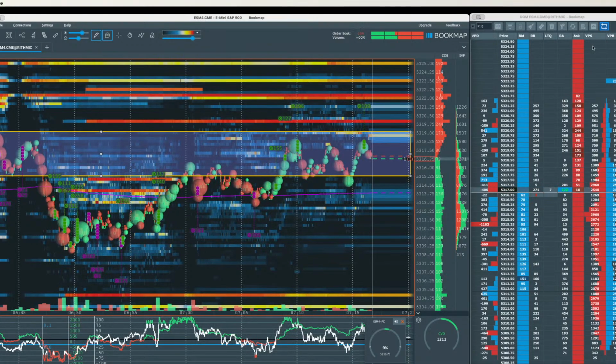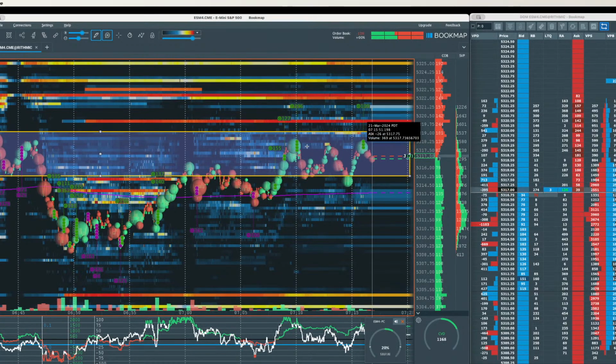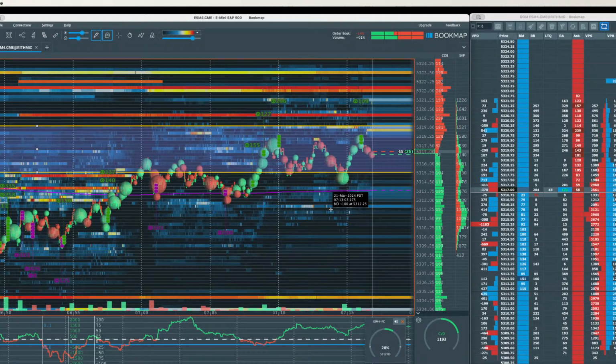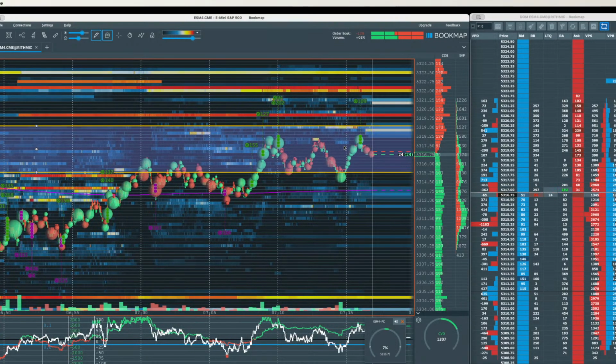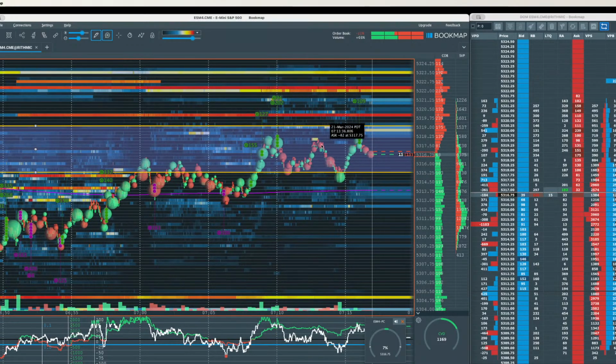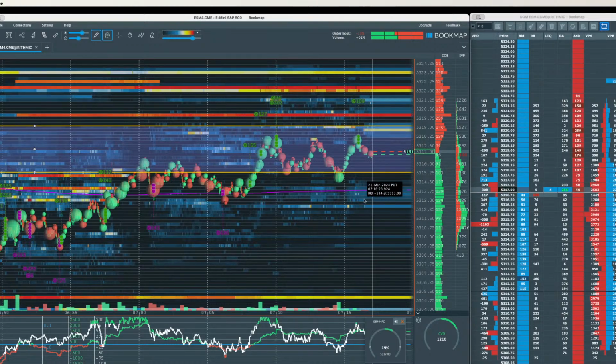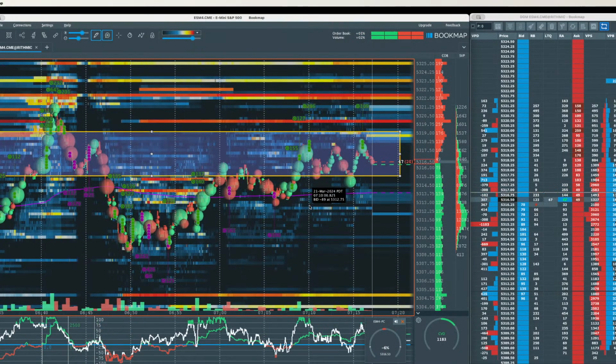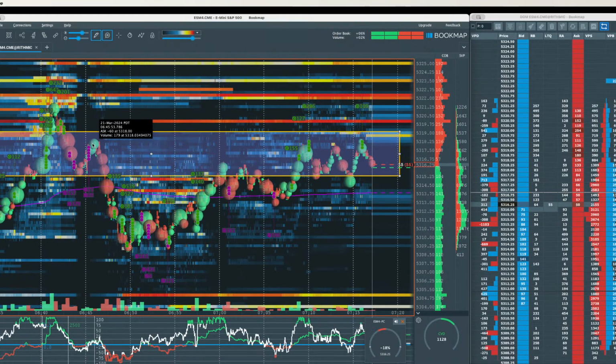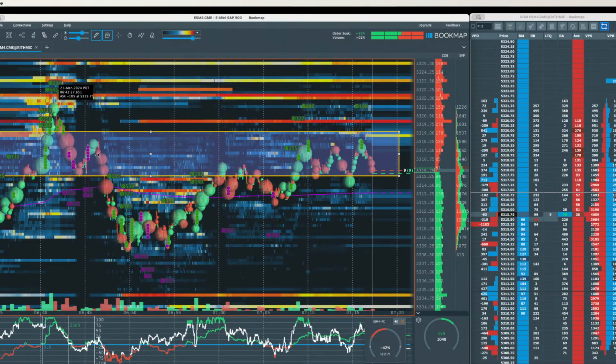I need really sellers to step in here. I mean, we have a lot of sellers on the book here because we have all this aggressive buying that's not really getting rewarded. It's finding some resistance. It keeps hitting at this 53.18. Hit it over here as well. This was all-time highs. I don't know if we're going to test all-time highs again, but